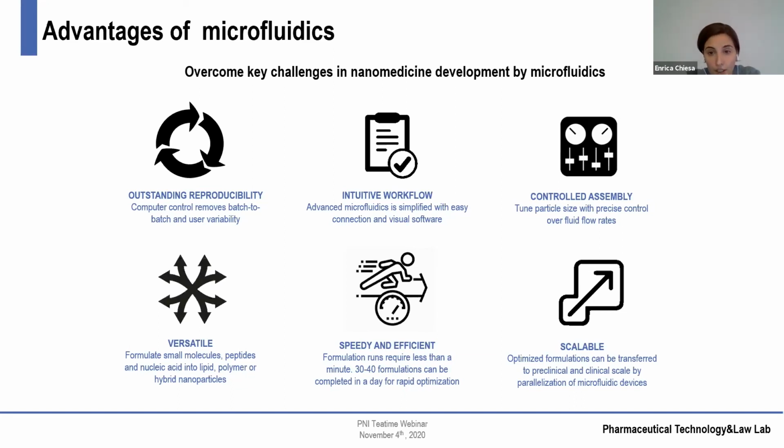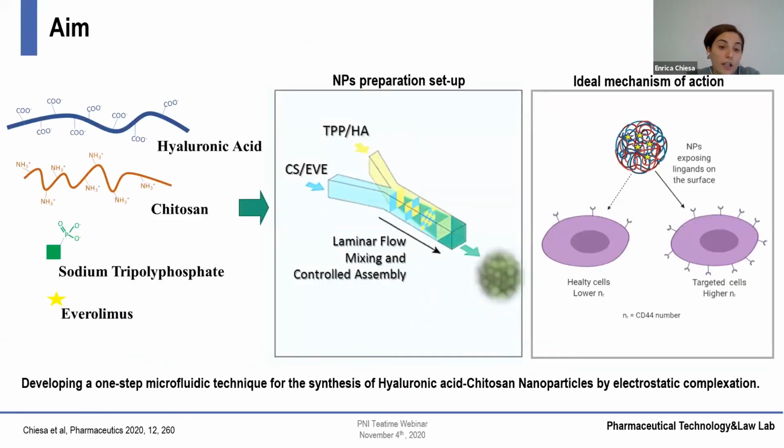It is speedy, efficient, and easily scalable. Our work seeks to develop a one-step microfluidic technique for the synthesis of hyaluronic acid chitosan nanoparticles by electrostatic complexation. Not many papers have demonstrated the feasibility of nanoparticle synthesis by microfluidics via electrostatic complexation. Even if the microfluidic benefits are well known, new synthesis procedures need to be investigated. The optimization was aimed at obtaining a nanoparticle with customized features with a potentially strong active targeting to CD44 positive